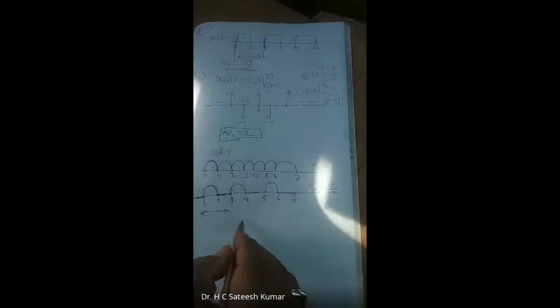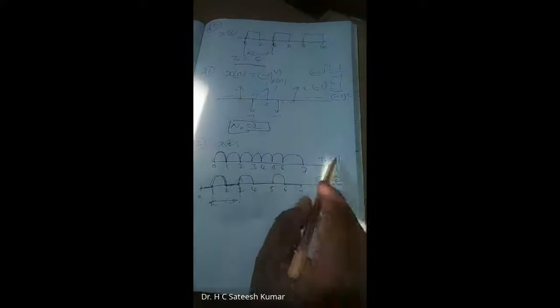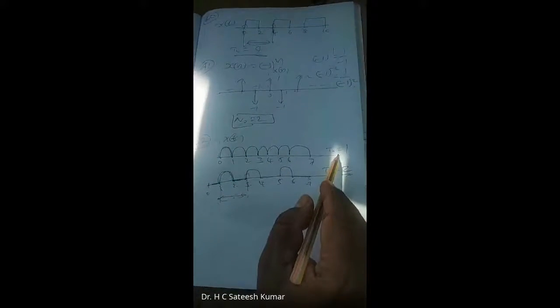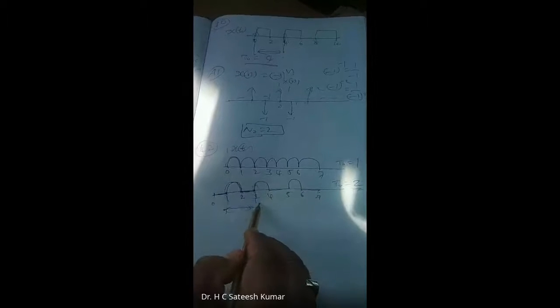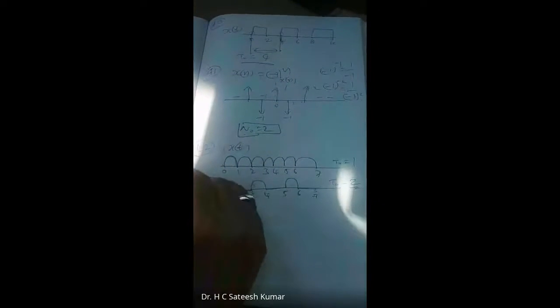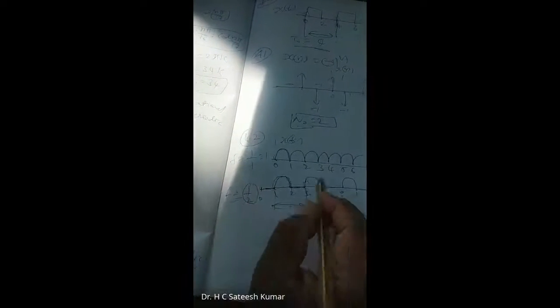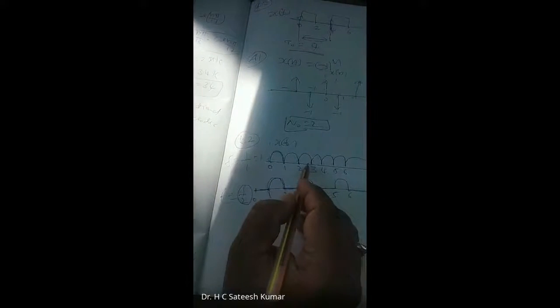So, the period is, here we can easily see that this is full rectified, this is half rectified. T naught is the period. F is equal to 1 by T. 1 by 1 is 1. Here, F is equal to 1 by 2. So, therefore, what will happen? The frequency is half here. The frequency is doubled here. Is it right?